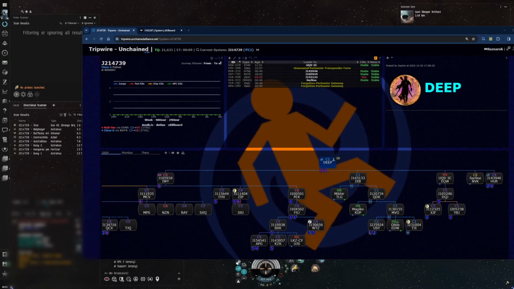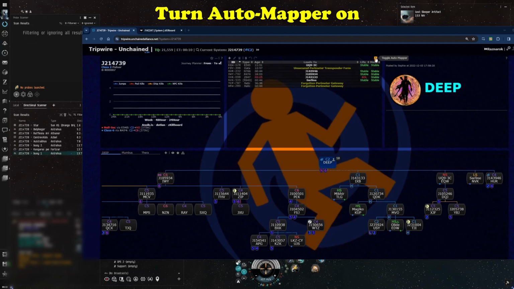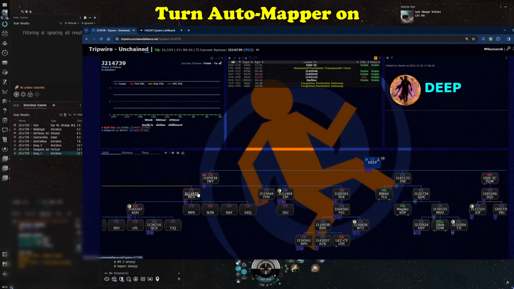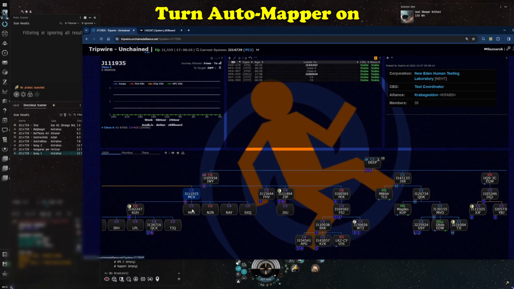Now, just before you go jumping wormholes and creating chains and things like that, this is just a little tip that will help make your life easier. At the top of Tripwire here, you've got this little toggle auto mapper option. See how, if it's not yellow, it means that when you jump a wormhole, let's say you jump from this C5 to this C5, what that means if it's turned off, I'm just going to show you what that looks